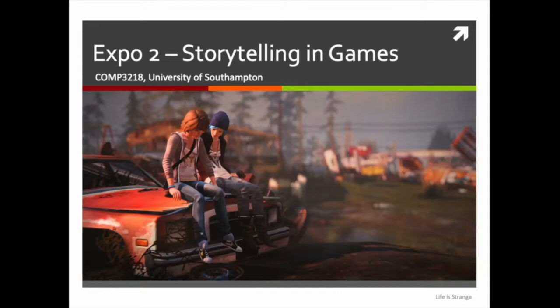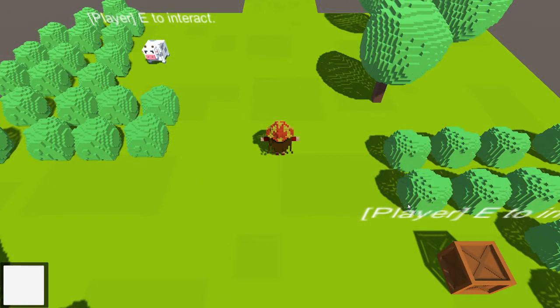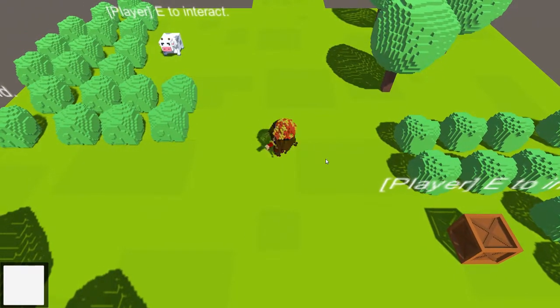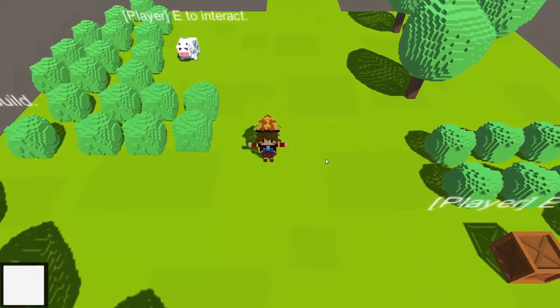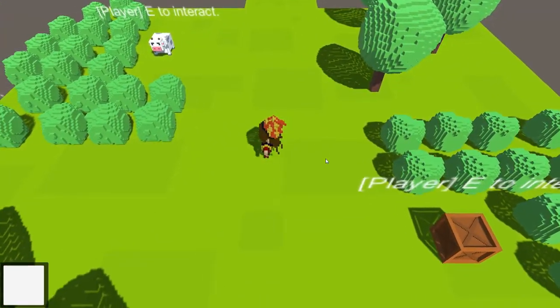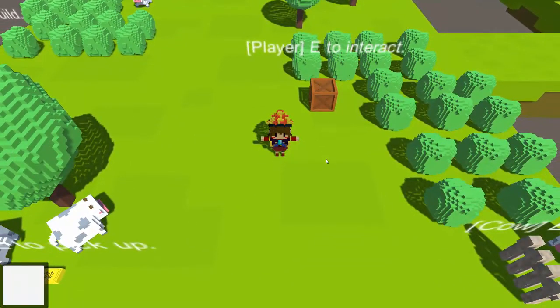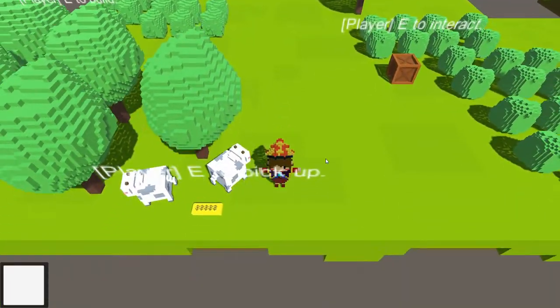So the first game up, I think, is called Animal Kingdom. Animal Kingdom, here it is. So no title screen for this one, we are thrust straight into the game world. Okay, and we've got a sort of voxely style world. I reckon this was probably done with assets from MagicaVoxel. Cool. No animations either, so we are just sort of sliding around, but we've got player E to interact, player